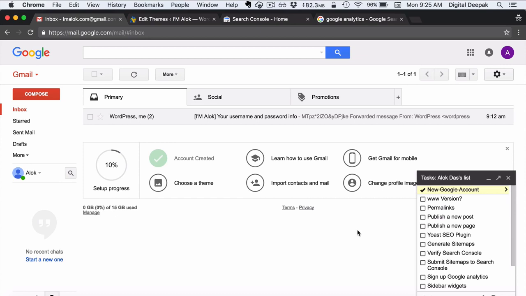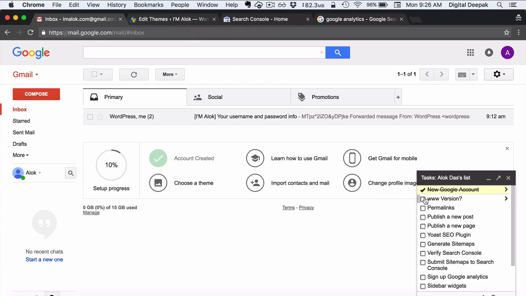So this is easy to maintain, and there are a lot of Google services that you will be using along with your blog, and having everything at the same place helps a lot. And even if you are selling your WordPress blog in the future, you can give access to this particular mail account to someone else if they are buying the entire website. So don't mix it with your personal account. So that is something that we have done. And let's go back into the WordPress admin area.